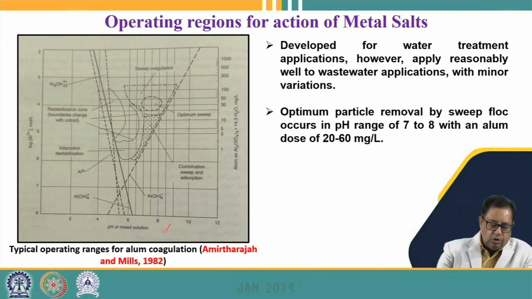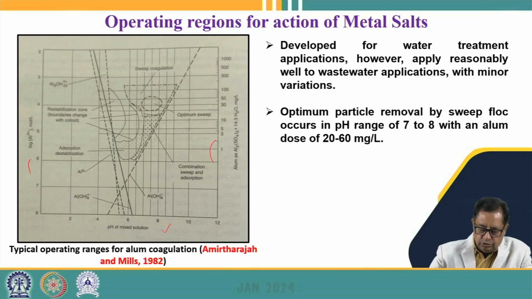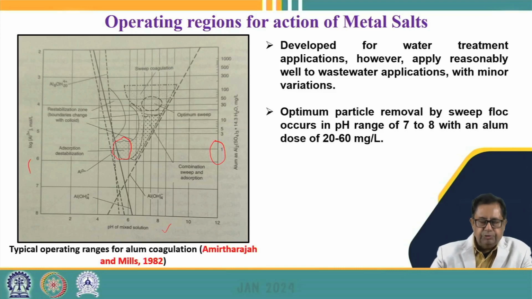Amirtharajah and Mills, in 1982, gave a curve for the pH of the mixed solution versus the log concentration of aluminum species. When alum is added for wastewater treatment, they found the concentration of alum versus the pH, which tells us what type of coagulation and flocculation mechanism will be followed. For example, if we have a low dosage of alum and a low pH value, the major mechanism of the coagulation process is adsorption and charge neutralization, and then destabilization